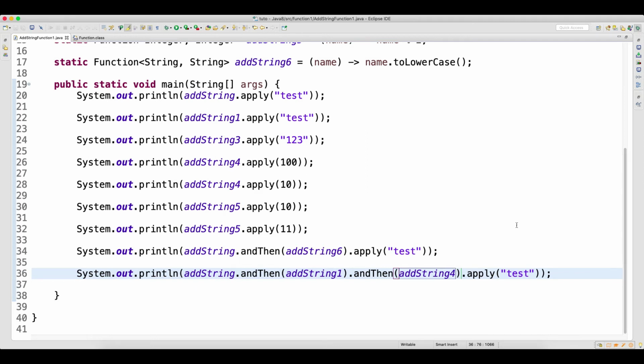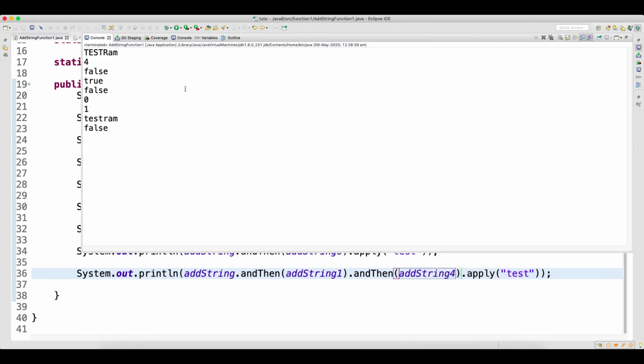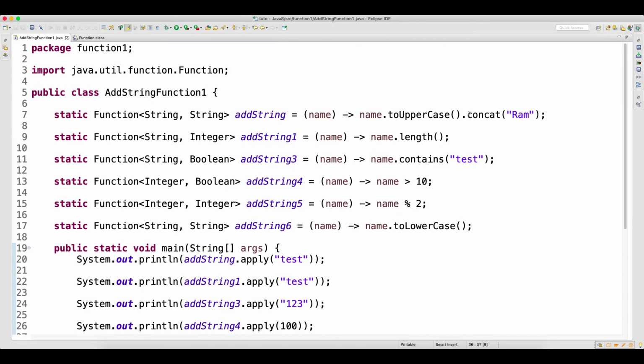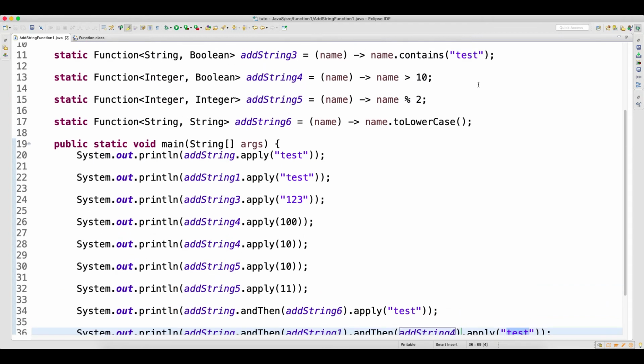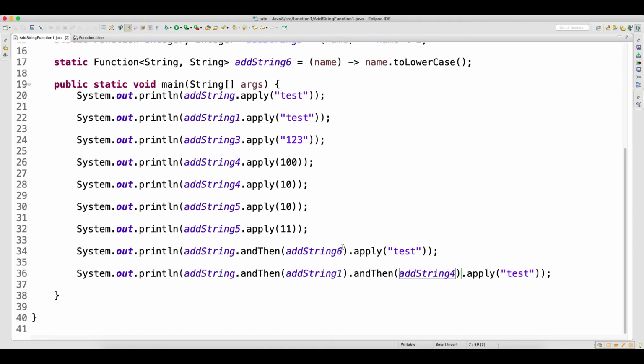You can see that there is no error, and I can run this program. Your answer is false. Why is your answer false? Your first function will convert to uppercase, so this becomes capital TEST and it will concat with RAM, so TEST RAM.